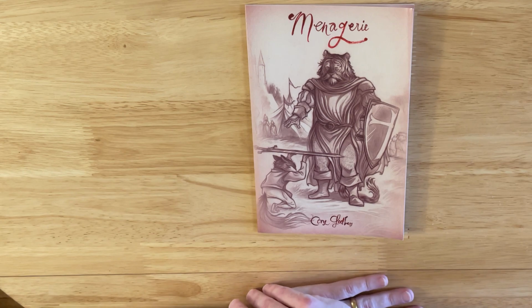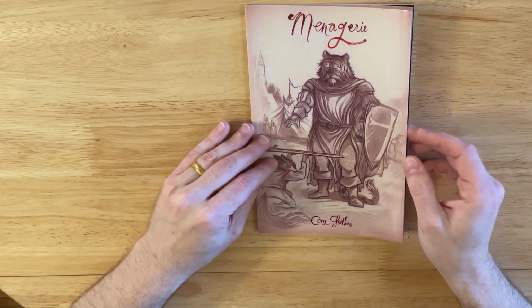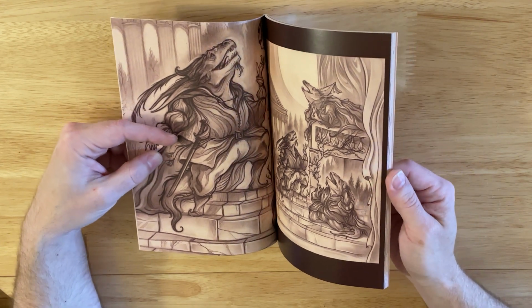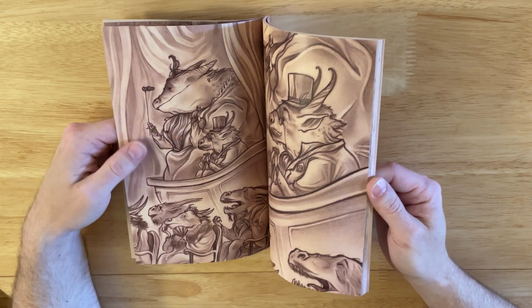This is a sketchbook by Corey Godby, and it's called Menagerie. And I'm including it here under figures, but it's animals. It's animals in sort of human form, and is such a unique concept and so fully realized and complete as a world that has been built. And it's just really nice. So this is definitely a style that they stuck with, and it makes it so consistent and solid of a book in terms of